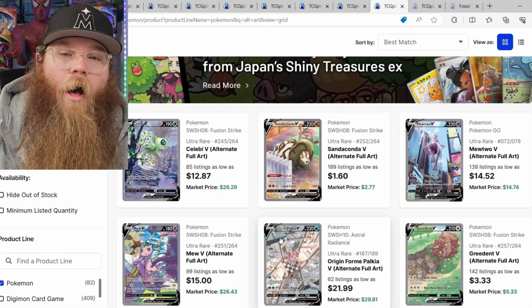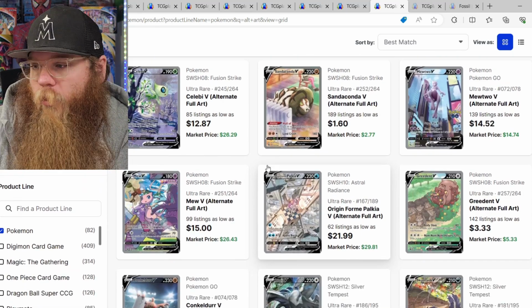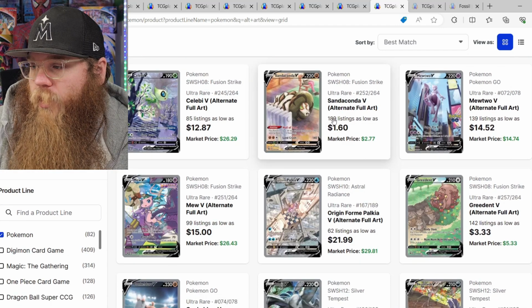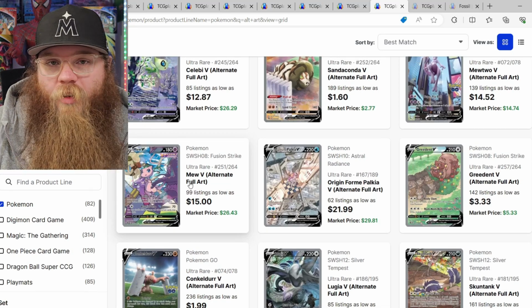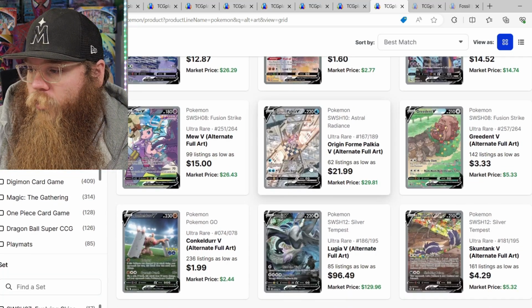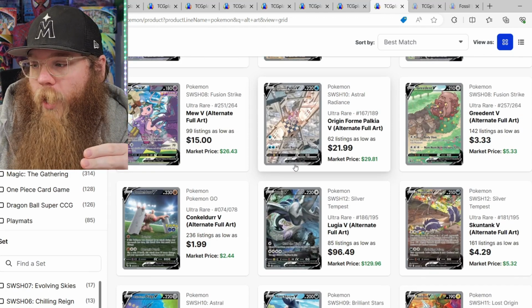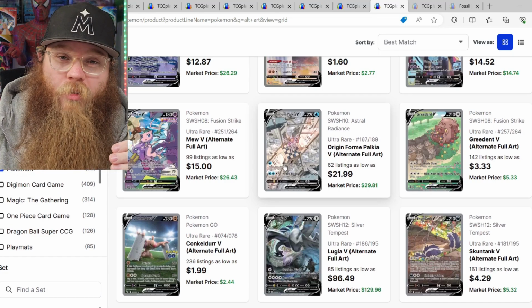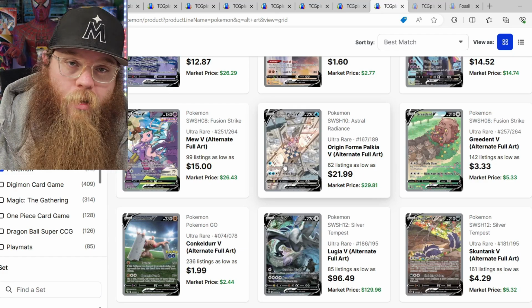All right, next on the list, obviously, true Sword and Shield alternate arts. But so many good cards at so many good prices. I mean, the Sandaconda V is $3. You know, a lot of these cards now are $10, $15, $20. So I would go through, and I remember what all these cards were at, kind of. So any card that was $50, $60, $70, $80, even $100 that is now $30 or below, I'm buying those